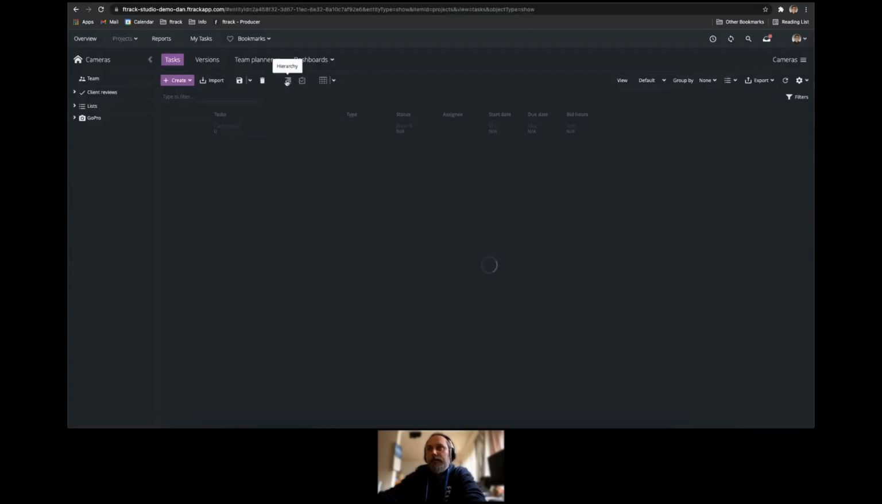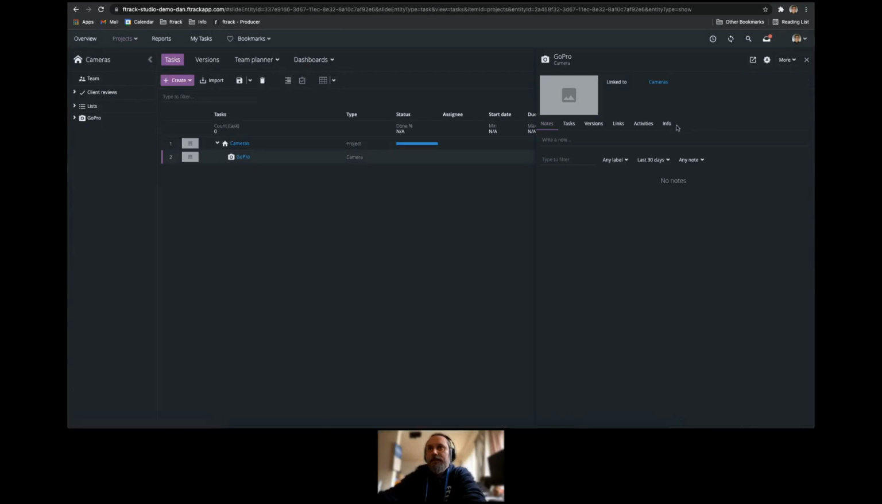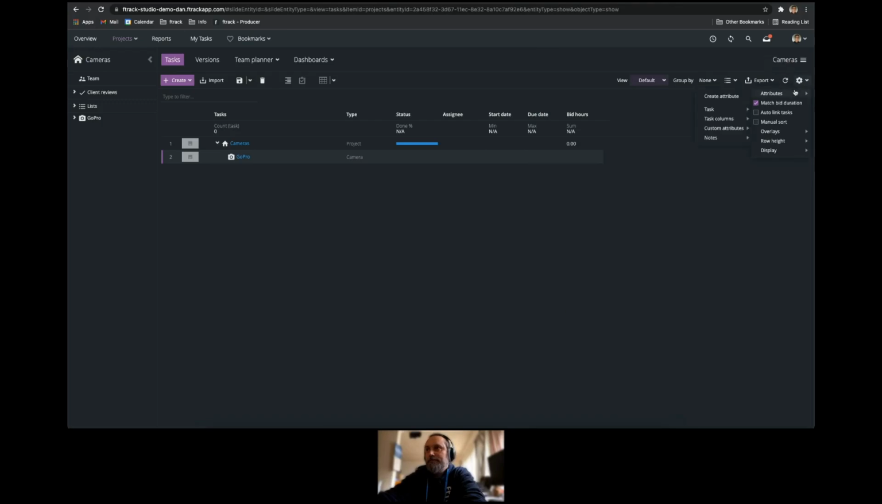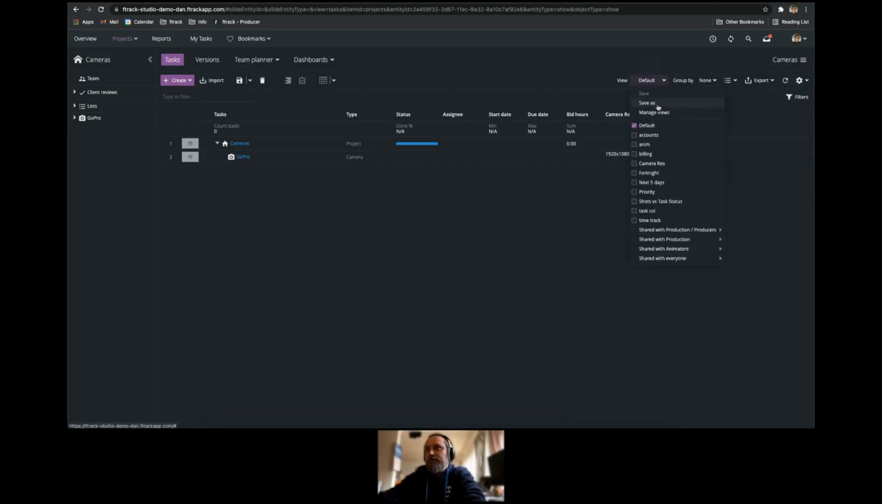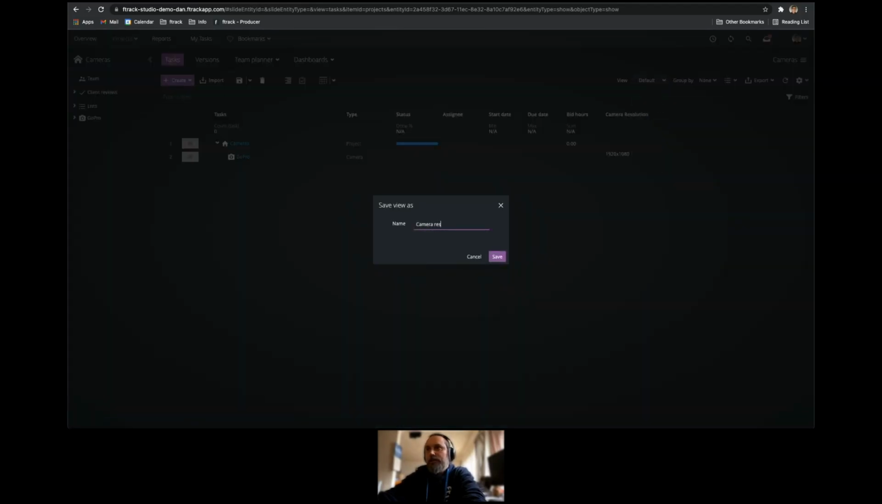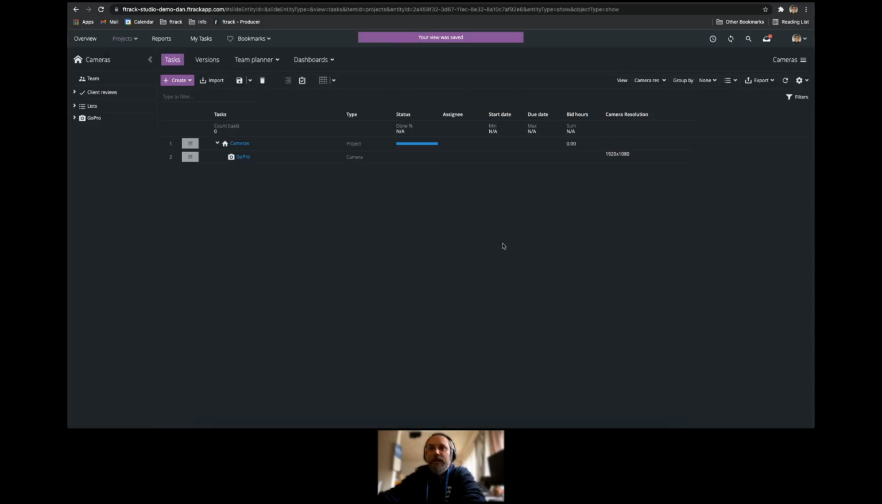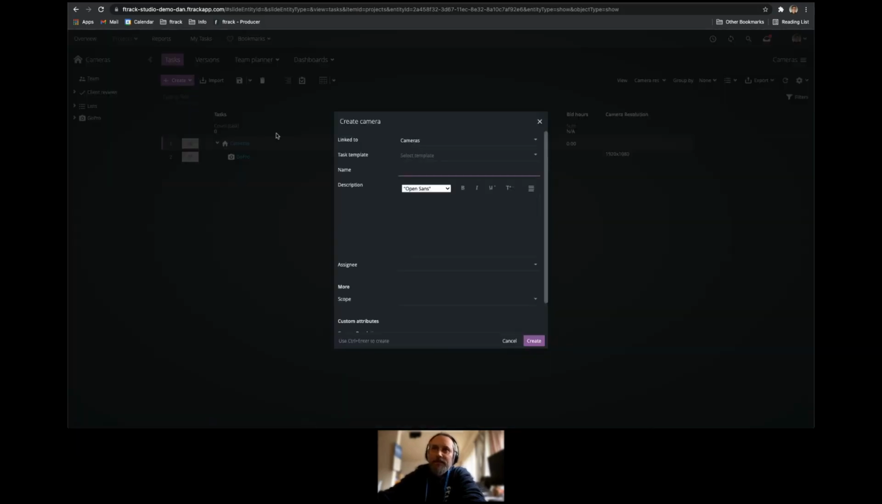We're going to go back into the camera project, select the GoPro, and then under the info tab, we can see the camera resolution, and then we can add the camera resolution to that particular camera. And then we can add it also to the task spreadsheet view. And then we'll go ahead and save that view as the camera res view. Next, we'll create a new camera. We'll create an ARRI